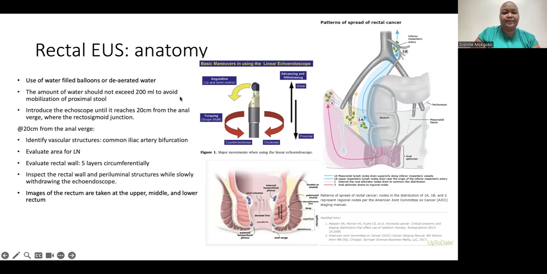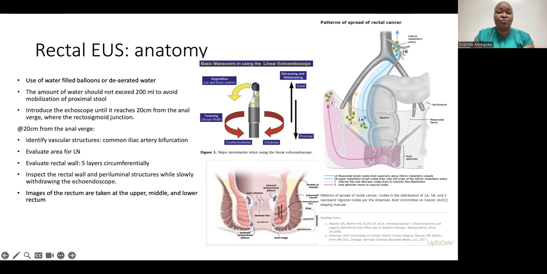So how do you start? Firstly, just remember that you're going to be moving differently with EUS than you do with your normal scope. With a colonoscopy, you're relying on the forces of torquing. Here, you're really turning the scope. It means turning the entire scope on its axis, either clockwise or anti-clockwise, and it means introducing it in and out,